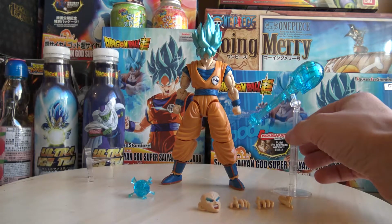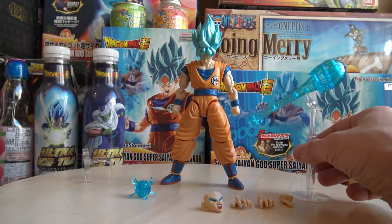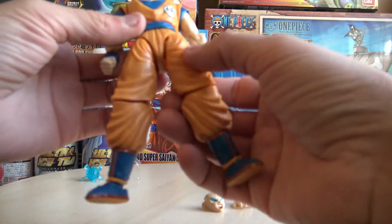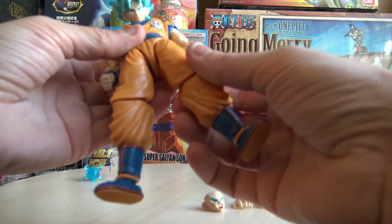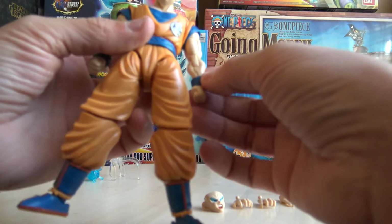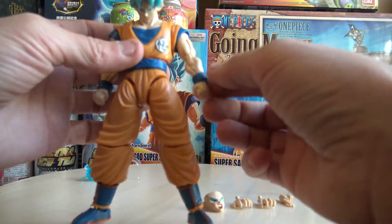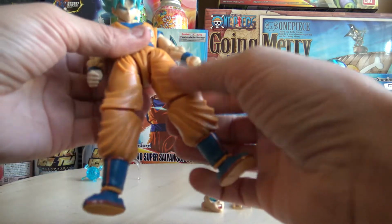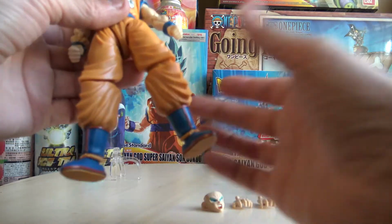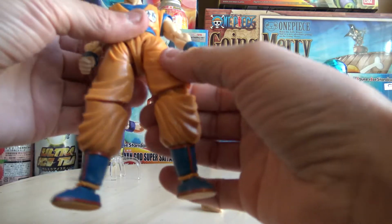They are very good to keep the energy beams up in the air though, so I mostly use them for those. So this Goku actually is very sturdy. Compared to the other figures, I want to say the quality definitely went up in posability. Like, usually they are very loose, but this one is actually pretty stiff, but not too stiff, so it bends pretty well in all places